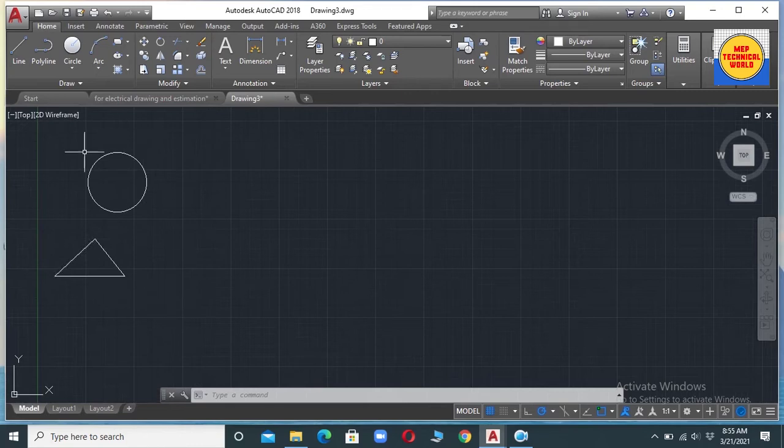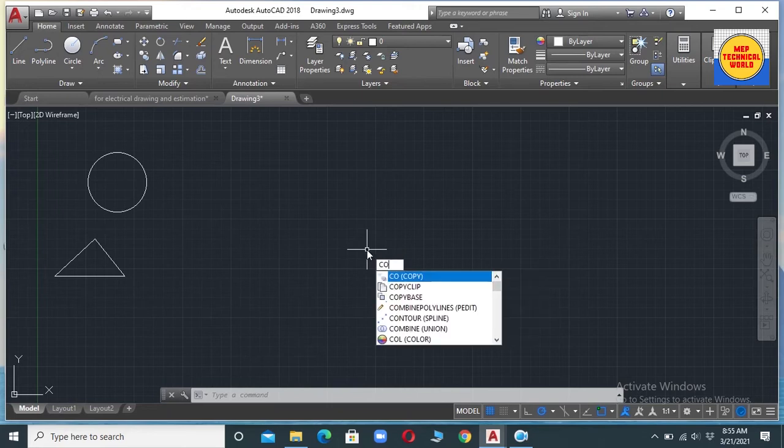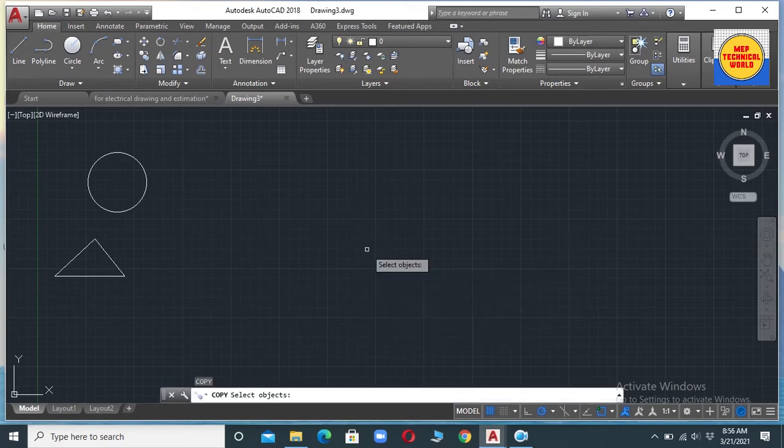Here we are going to copy these objects by using the copy command. CO is the shortcut command for copy. So type CO and hit enter.